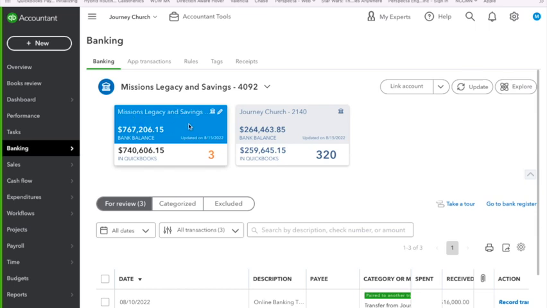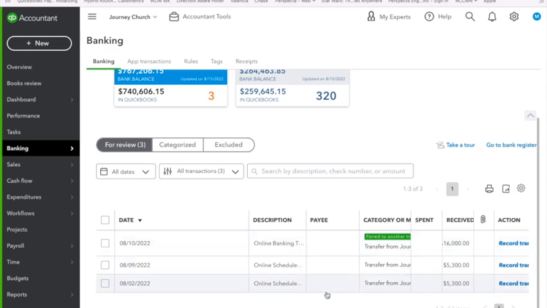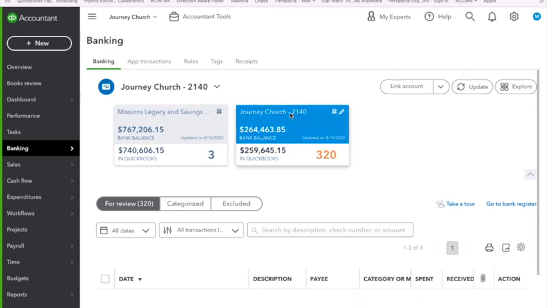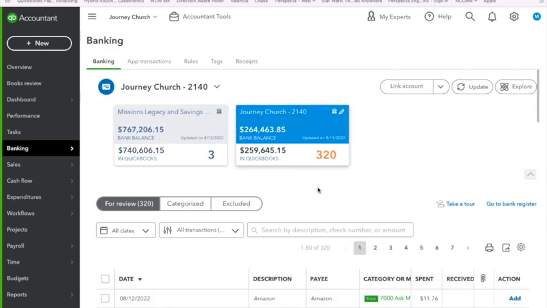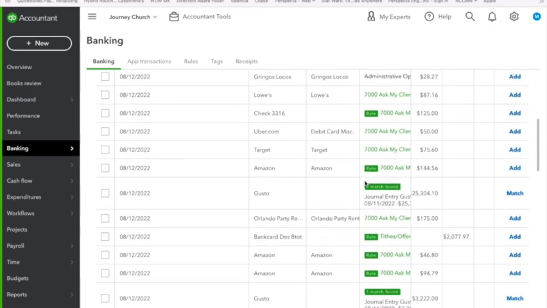Again, the account highlighted in blue is the account I'm looking at in this moment in time. The number 3 are transactions that need to be reviewed and for the record. And we also have the Journey Church account, which has transactions that need to be categorized, that we see here.